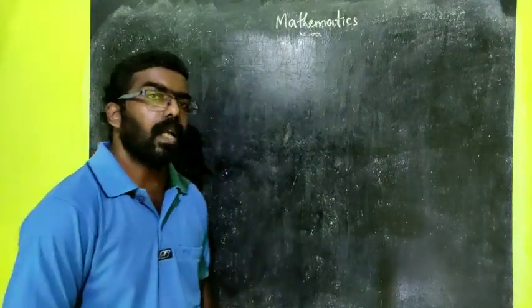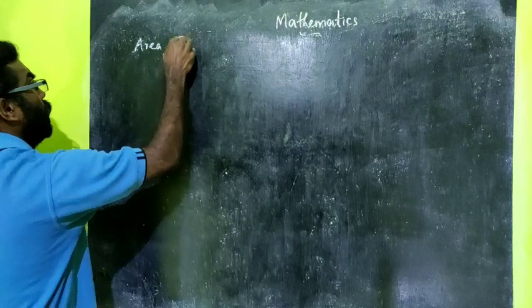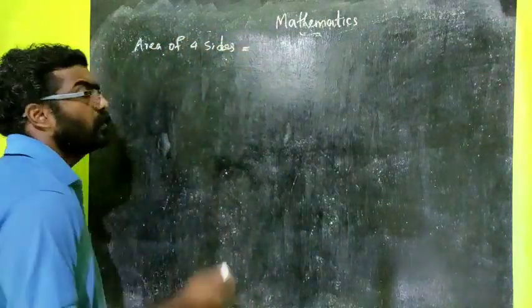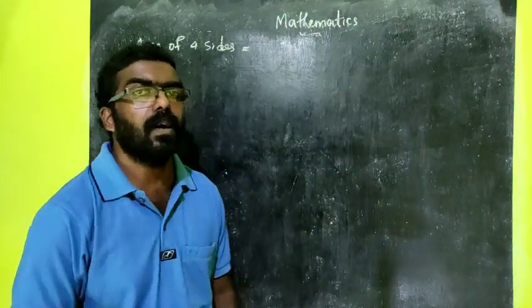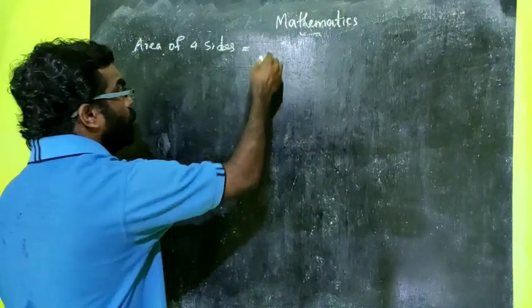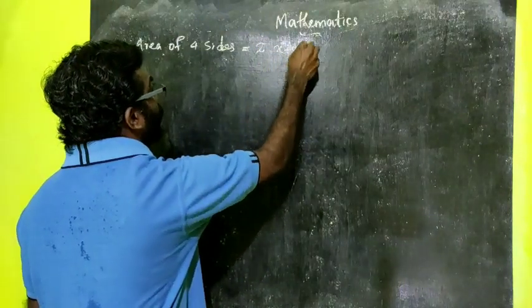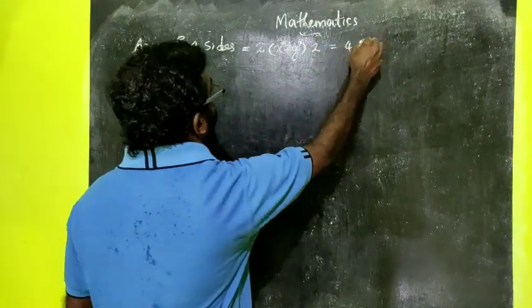Now we can find the area of 4 sides. So area of 4 sides will be equal to, 4 sides mean 4 sides of the tank, the lateral surface area of the cuboid, and we know the formula is 2 into (L plus B) into H. Here it is 2 into (x plus y) into H. H is 2. So we can write 4 into (x plus y).